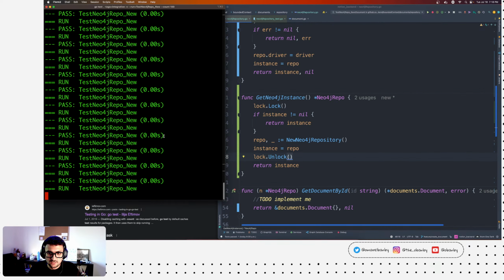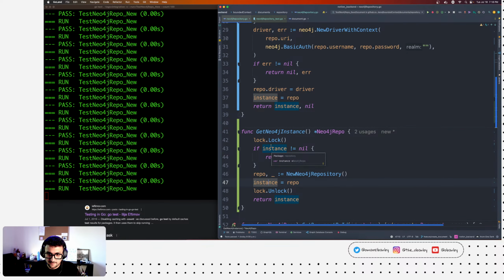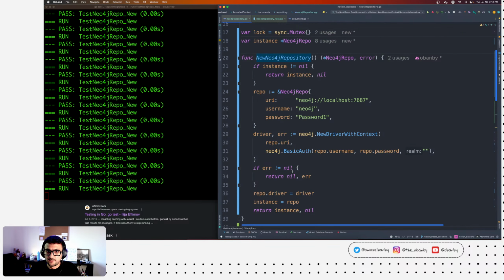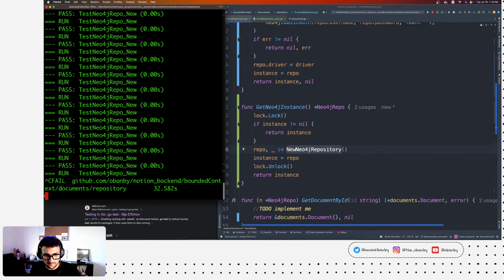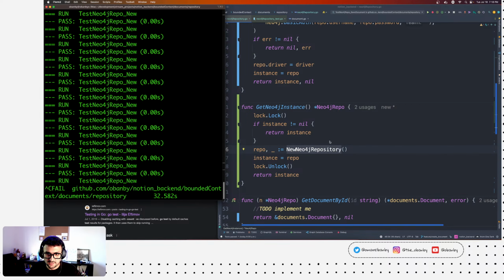We should be fairly okay, except that we're still getting an issue where it's hanging now, right? We'll give it some time until it times out, and maybe it will tell us why it's hanging. Okay, so this won't time out, so we've potentially hit a deadlock here.